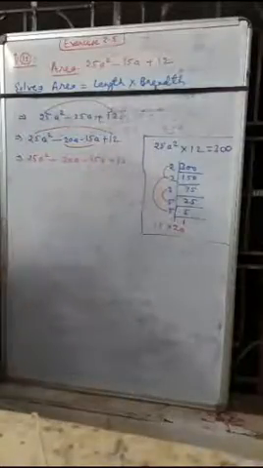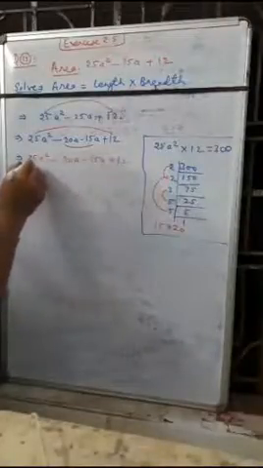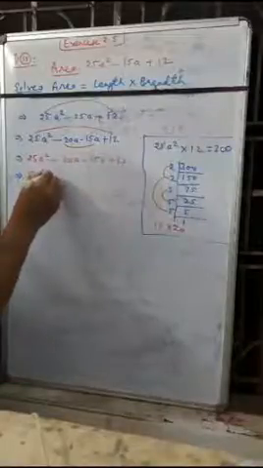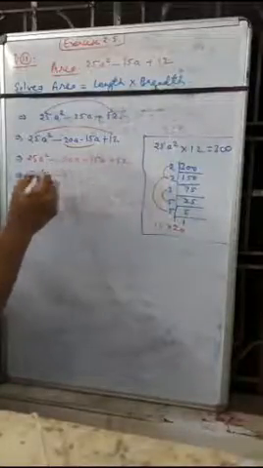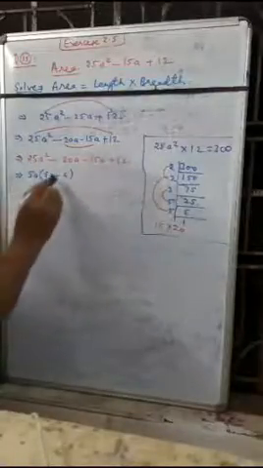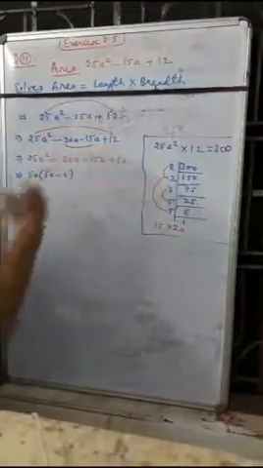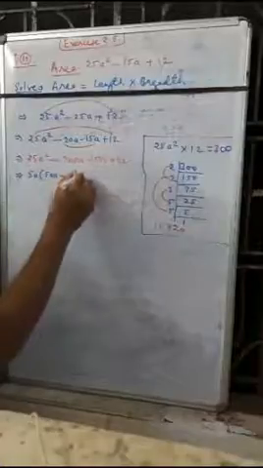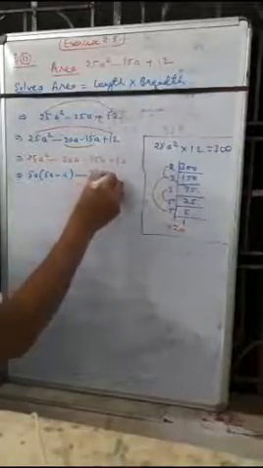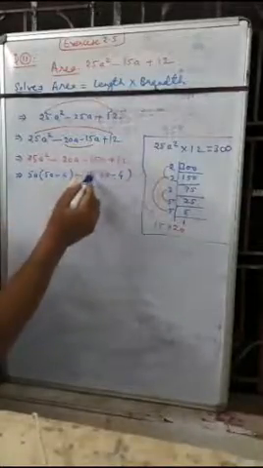Now we are taking the maximum common, so the maximum possible common here is 5a. We can take common 5a. So what remains here? 5a minus 4. Again you can check it: 5 times 5 is 25a square, minus 5 times 4 is 20a. You got the previous term here. Again we can take common here. The maximum possible common is 3. So 3 into 5a minus 4. Again you will check whether the previous term is equal to this term or not.